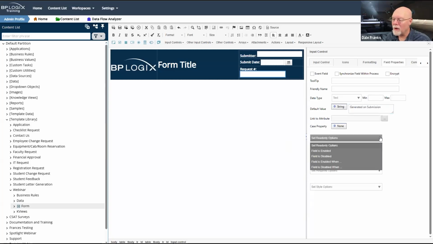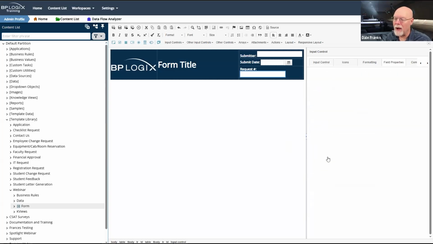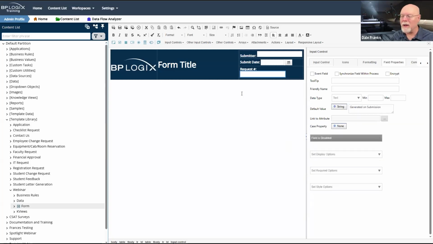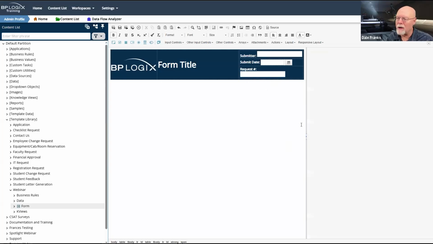And once again, I will set this field as disabled. Now, the reason I'm doing this is so that when the field displays at runtime on the form, it will only show the text. And I'm going to have to make that change in the properties tab of the form definition.